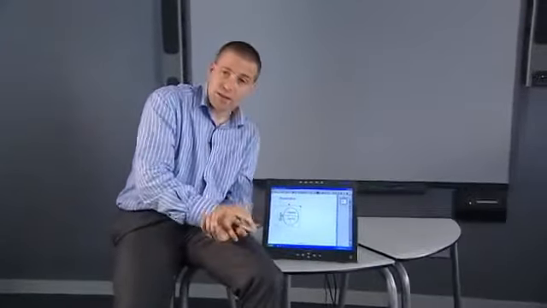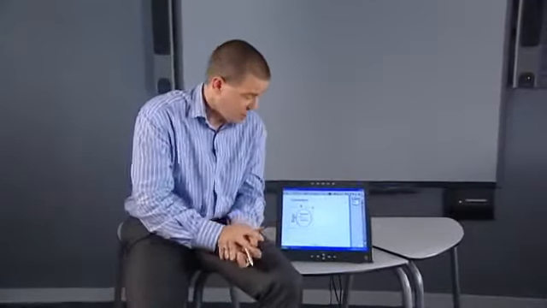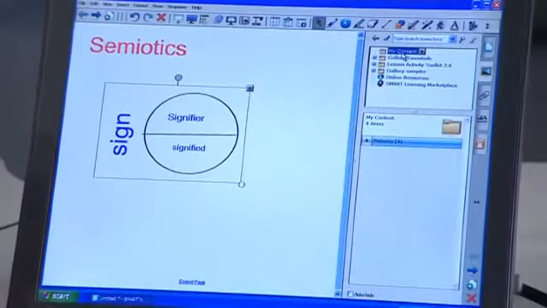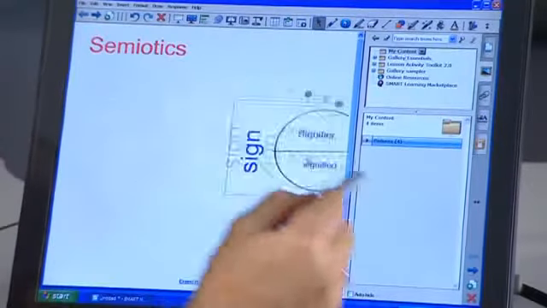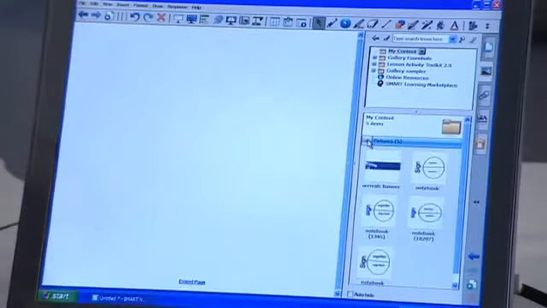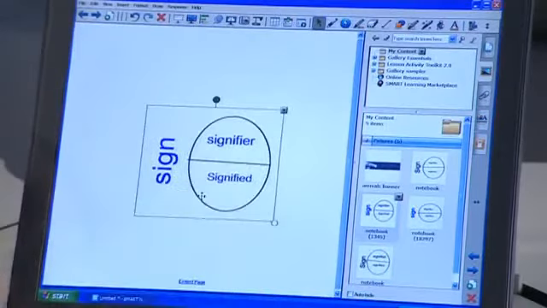So my lecture is beginning to take shape. This may actually be a useful diagram, however, something which I may want to use in subsequent lectures. SMART Notebook software has an ideal tool for saving this called My Content within the Gallery tab. So if I open the Gallery tab, I'm actually able to open my content and drag the diagram into there. So if I'm on another page and I want to refer back to that diagram, I can simply drag it onto